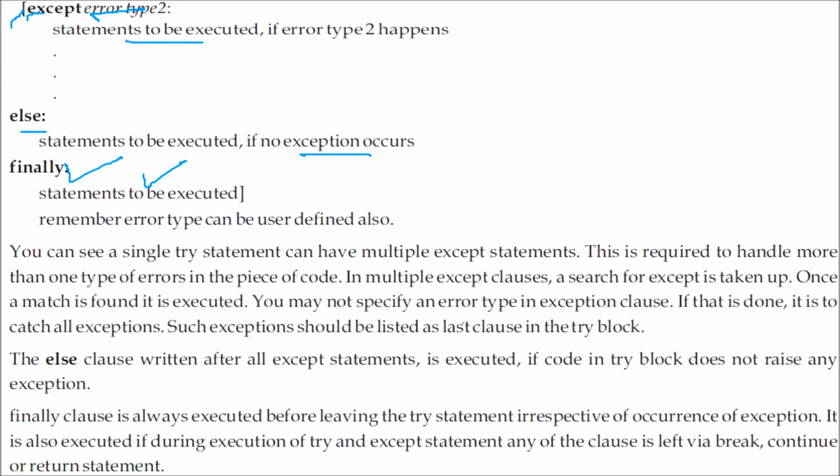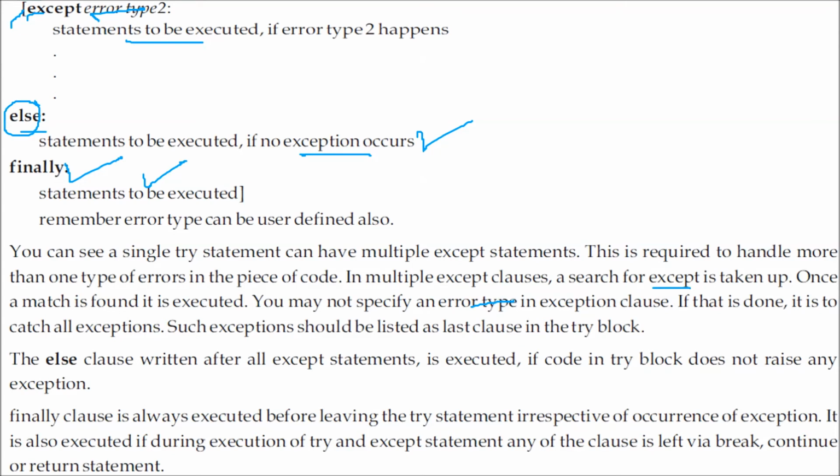In multiple except clauses, a search for the matching except is taken up. Once a match is found, that is executed. If you do not specify any error type in the except clause, it catches all exceptions, and this should be listed as the last clause in your try block. The else clause written after all the except statements is executed if the code in the try block does not raise any sort of exception.